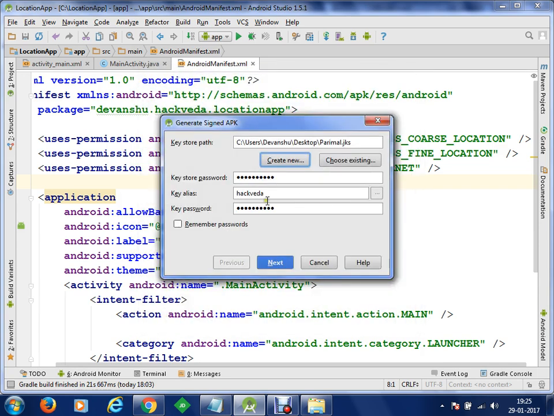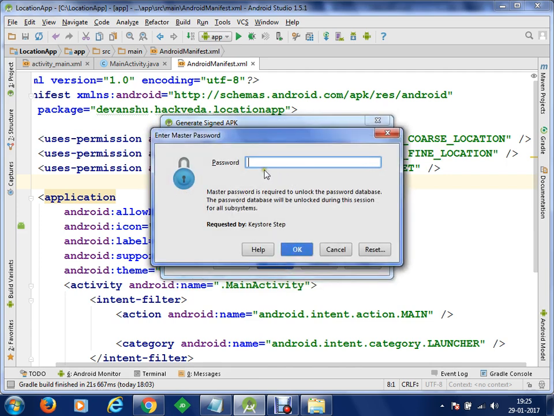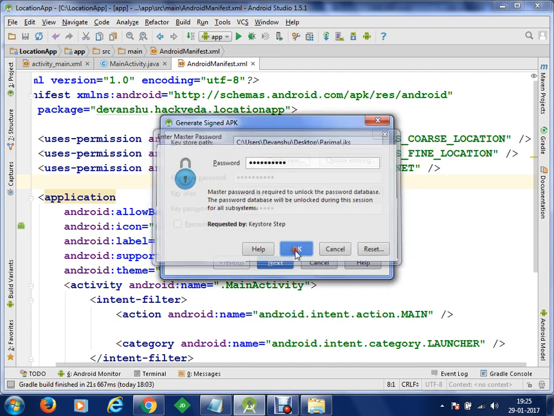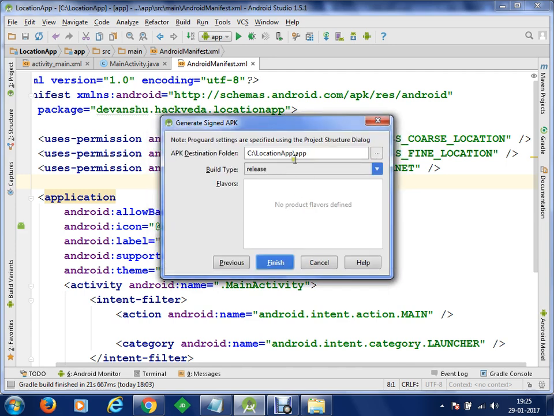So once your digital signature is made, you can click on Next. You can provide the password ABCDE12345 which you have just set, and now you can export your APK file in the app directory within this location, and that type will be release.